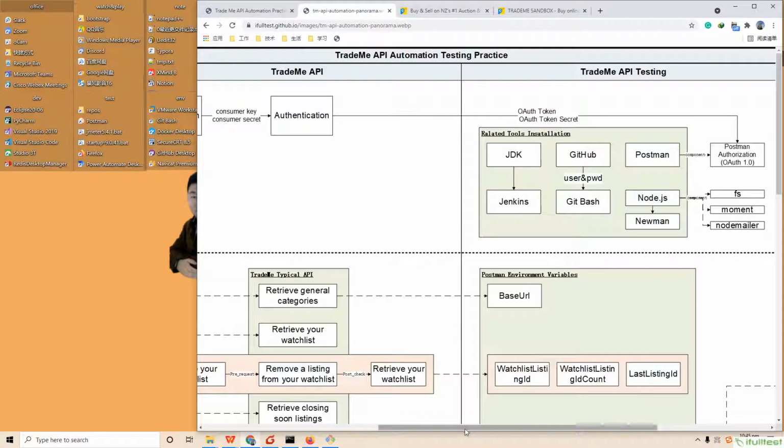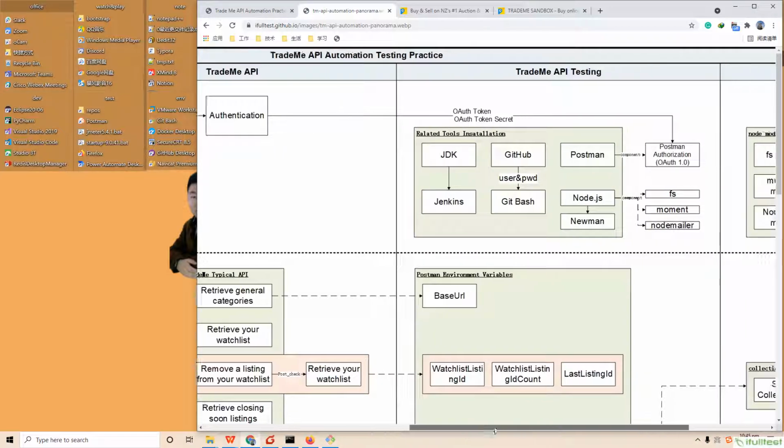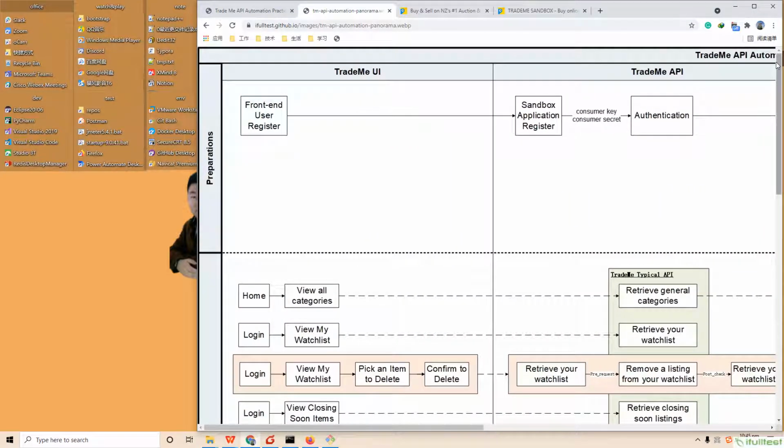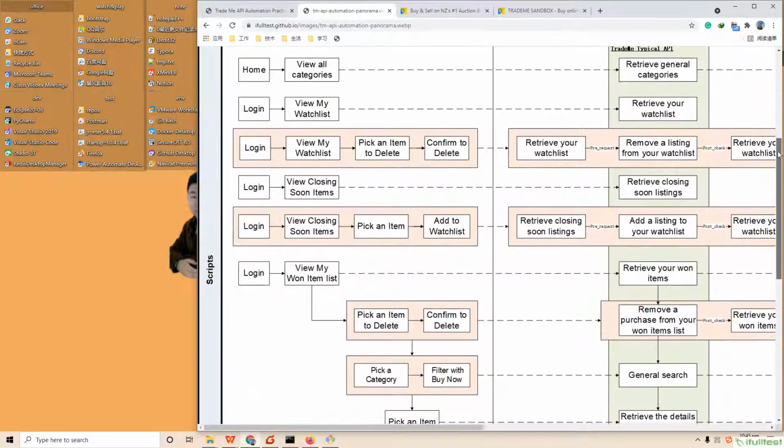Before you code your scripts, you need to figure out the relationship between backend APIs and front-end UIs. This will make you have a clear mind about the dependencies to develop an API testing script.